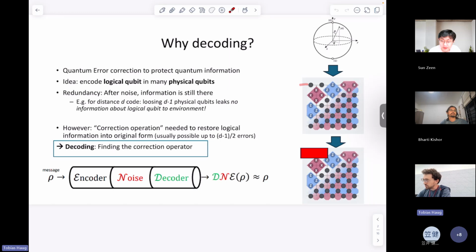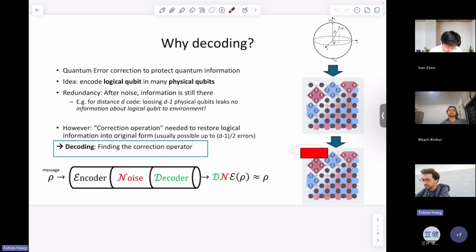And you can show, let's say we have a surface code with distance d, and we lose d-1 physical qubits. This is supposed to be this red bar here. We just take d-1 qubits and chuck them out, like they're gone, forever lost. You never see them again. You just throw them out of your lab and never talk to them again. Now of course you can think, we lost many qubits, that's bad. But it turns out,